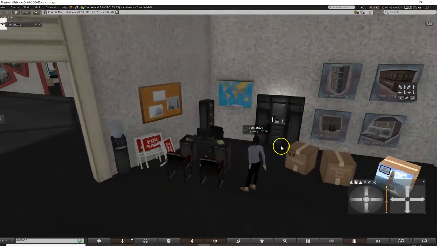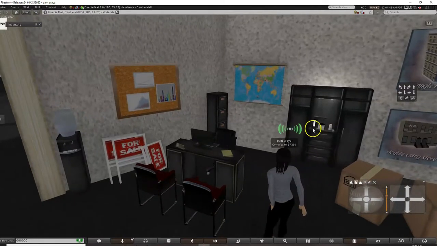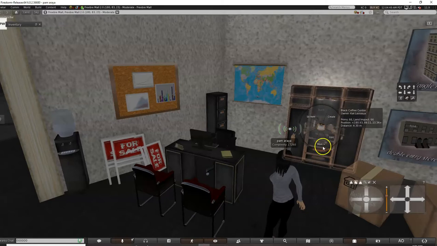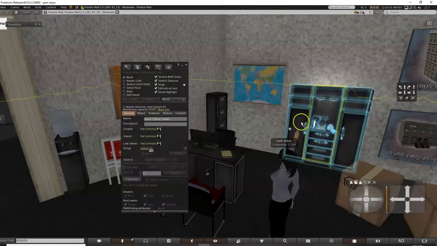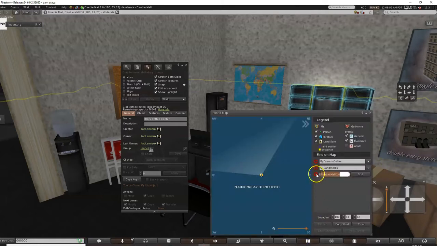Okay, so we should probably grab a coffee cup, but the whole thing, maybe we can edit the textures. There's no party without coffee for me, that's for sure. Take a copy. Alright, let's get out of here. The nice thing about virtual world is the mall is always open.